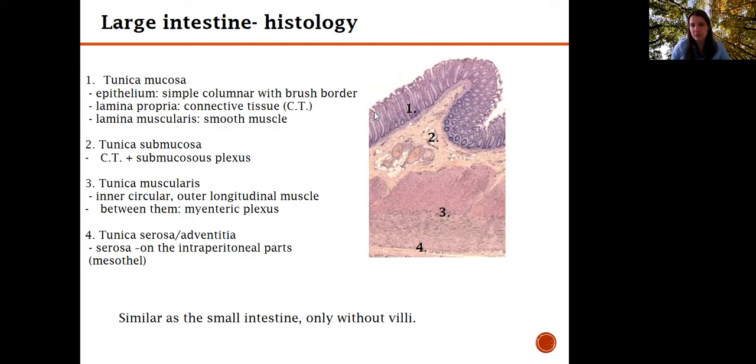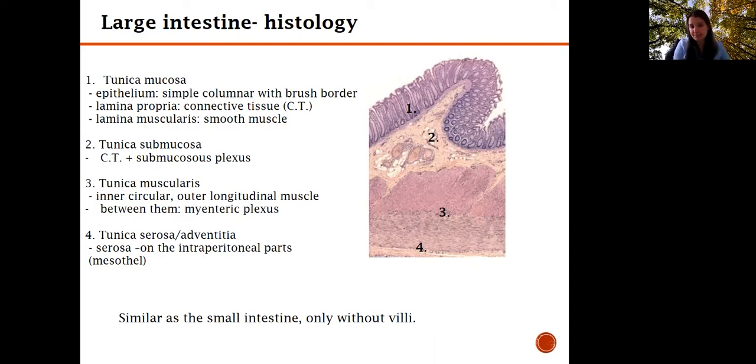So we have a mucous membrane, the tunica mucosa, with epithelium, with lamina propria, and with a thin layer of lamina muscularis mucosae. Then we have the submucosal layer with the connective tissue. Then the tunica muscularis with the inner circular and outer longitudinal layer. And as the outermost layer, we have the tunica serosa or adventitia, which again depends on if the organ is